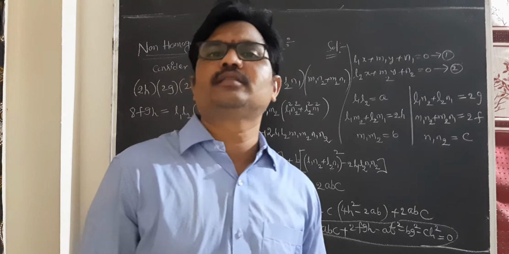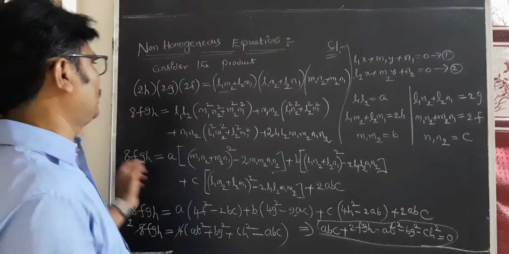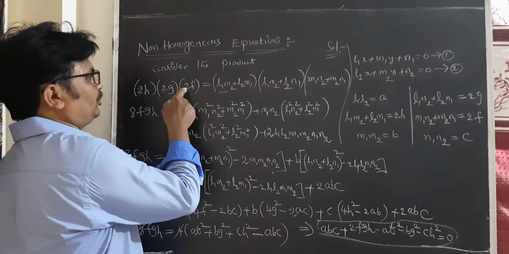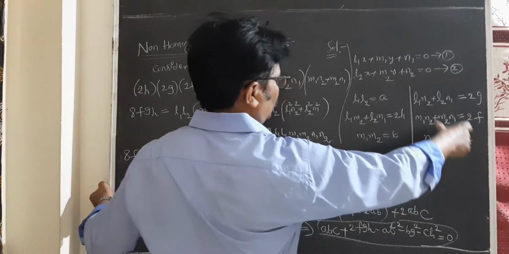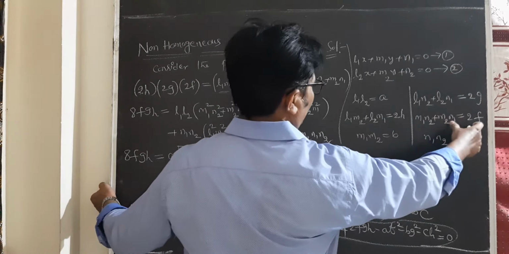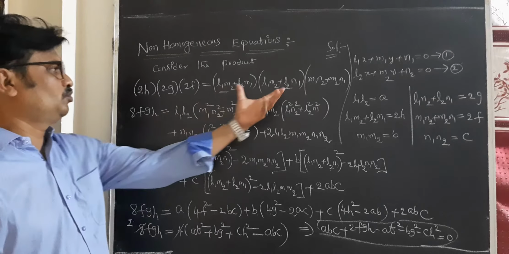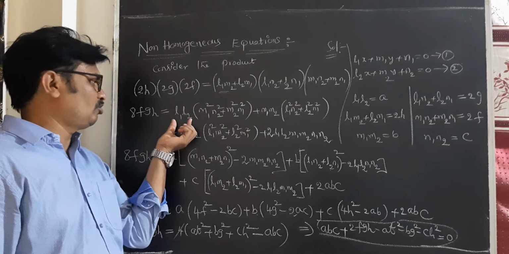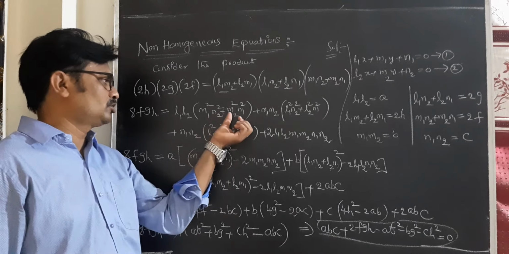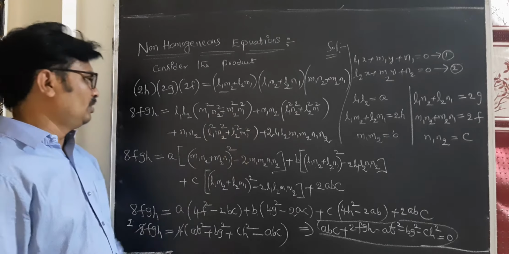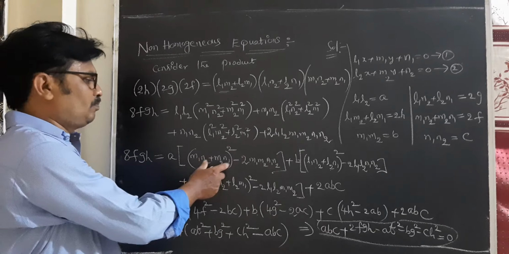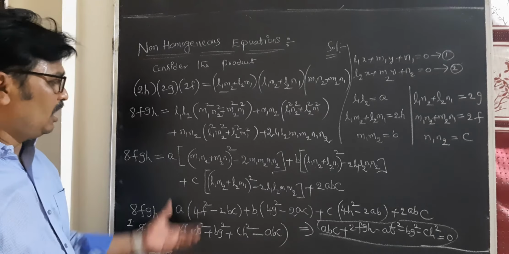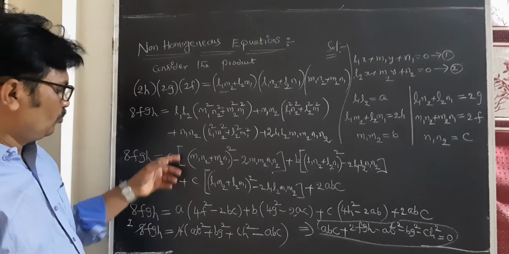We have to take the product. Consider the product 2h into 2g into 2f. Here, students, we have to do the multiplication. After the multiplication we take L1 L2 as the common factor, inside M1 square, M2 square, N1 square. Similarly, students, a square plus b square is the a plus b whole square minus 2ab. After the substitutions we got